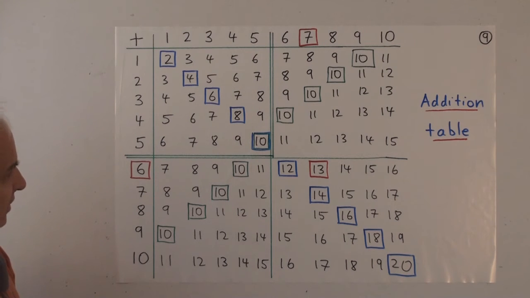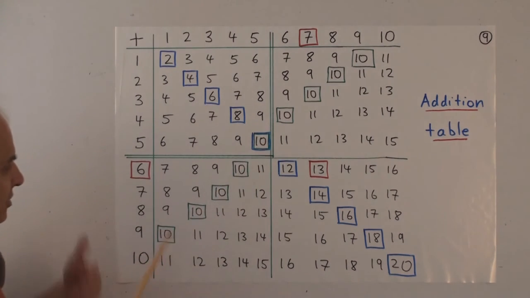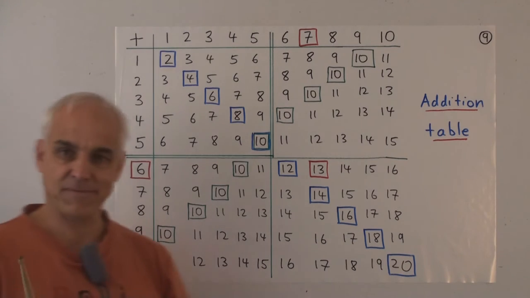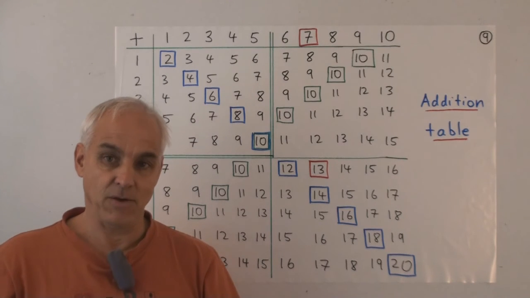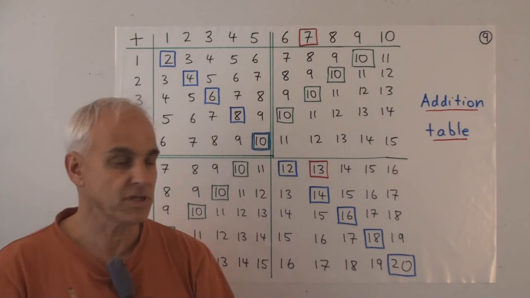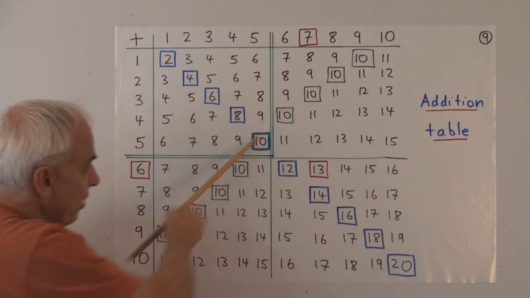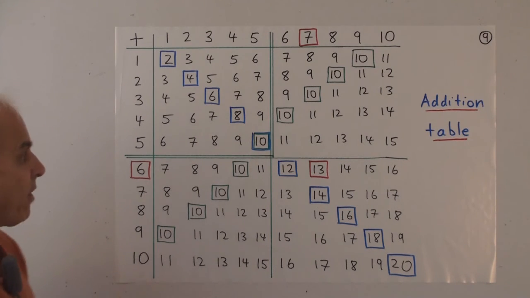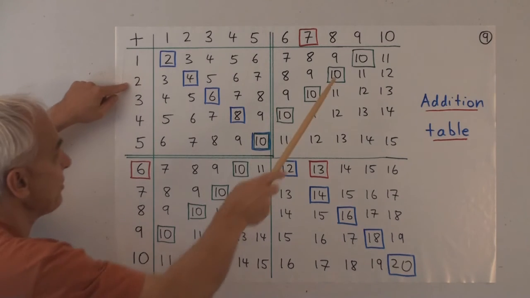There's another aspect of this that I want to point out, another important sort of cross diagonal, which is this one right here. Okay. So when students learn this table, of course it takes them quite a long time to learn it. This is not something to be done in a week. This takes months to learn for most young people. But this particular cross diagonal is, I think, very helpful. Here are the places where the two numbers add up to 10.